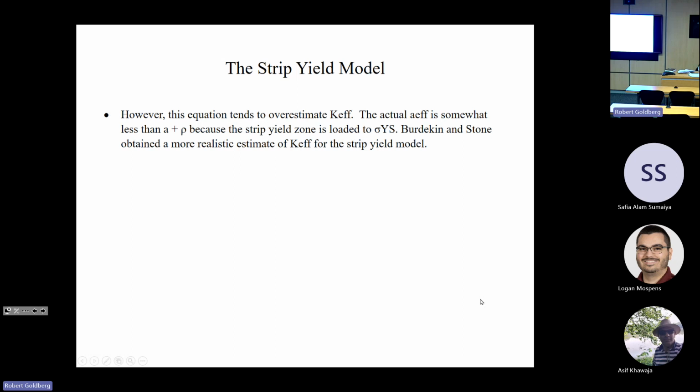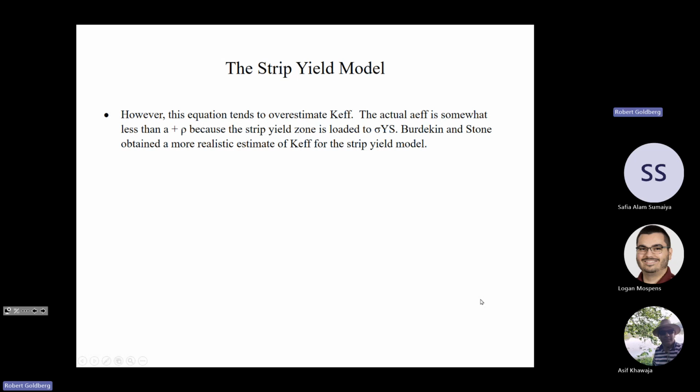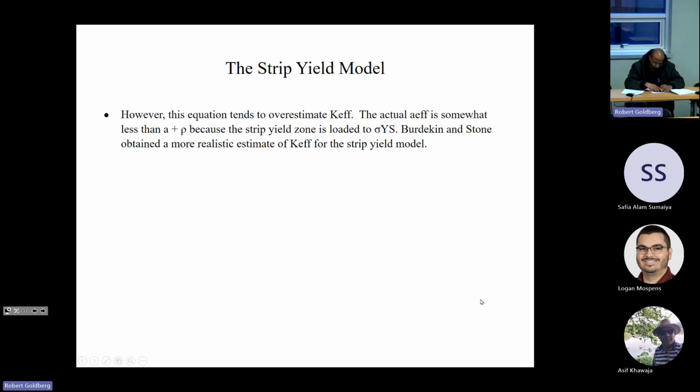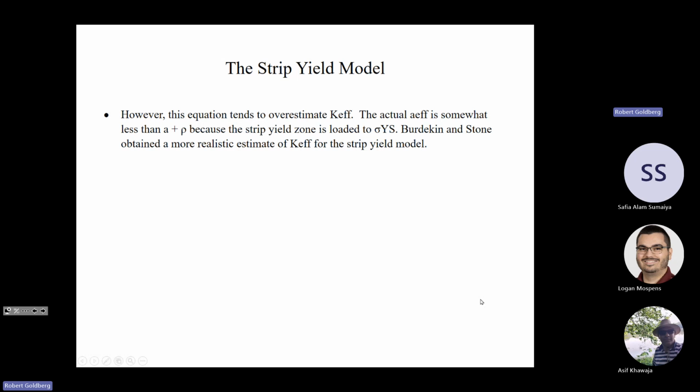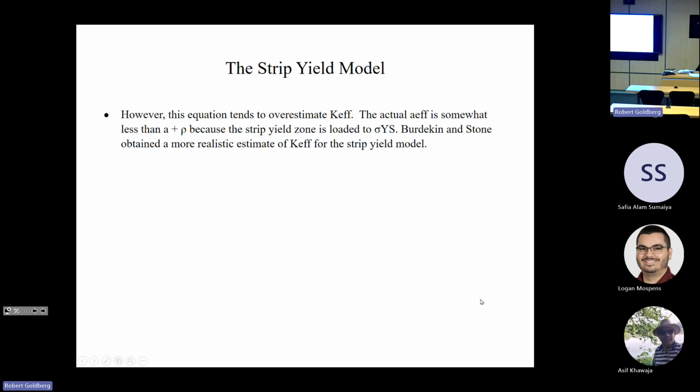So Burdekin and Stone obtained, through finite element analyses, a more realistic estimate of the effective stress intensity factor. They came up with K_eff equal to the yield stress times the square root of pi a times